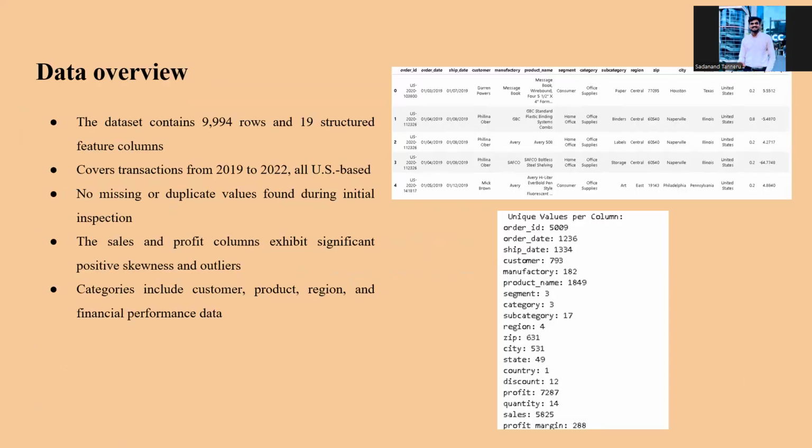So, here is the data overview. The dataset contains 9,994 rows and 19 structured feature columns and covers transactions from 2019 to 2022, all US based, and no missing values or duplicate values were found during initial inspection. The sales and profit columns exhibit significant positive skewness and outliers, and the categories include customer, product, region, and